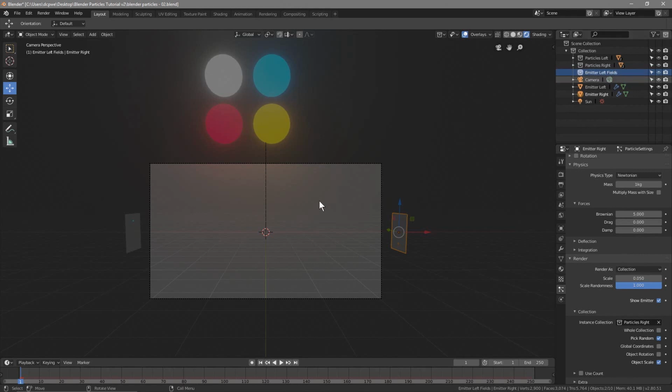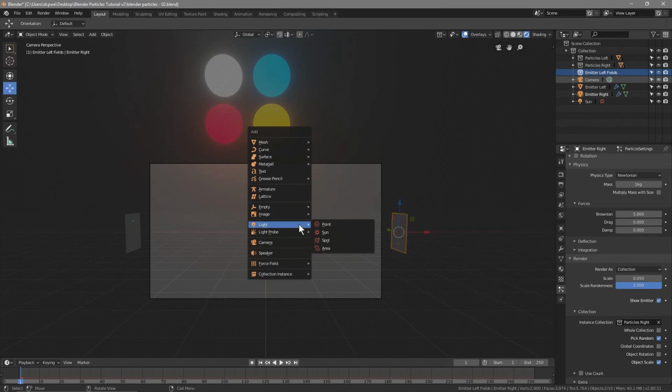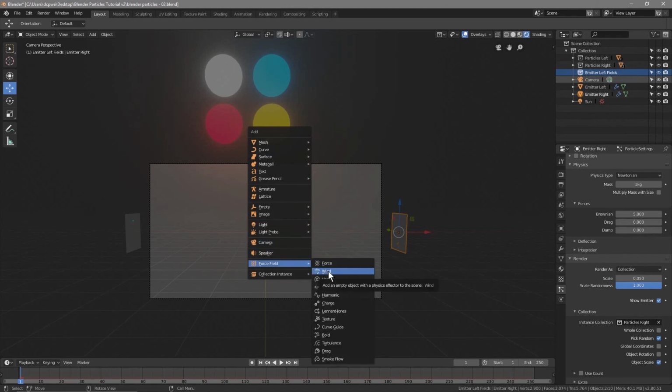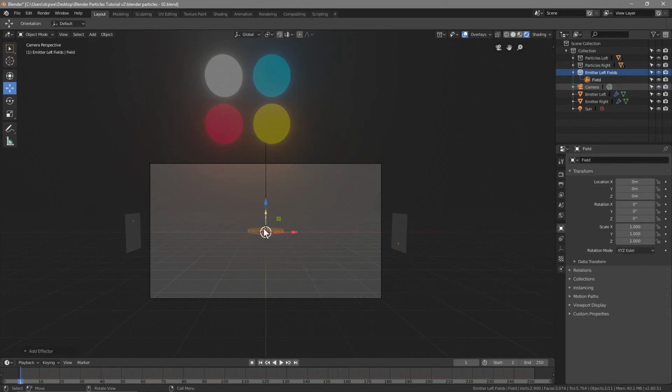So we're going to click on that, and then we're going to move to the viewport, press Shift A, and we're going to insert a force field, which will be a wind force field, wind. So here's a wind force field, and it's pointing upwards, but we want to push these left particles to the right direction. So we want to rotate this. So let's click on the object data, and we want to rotate on the y-axis. So let's rotate it around 90 degrees. Now it's facing in this direction,